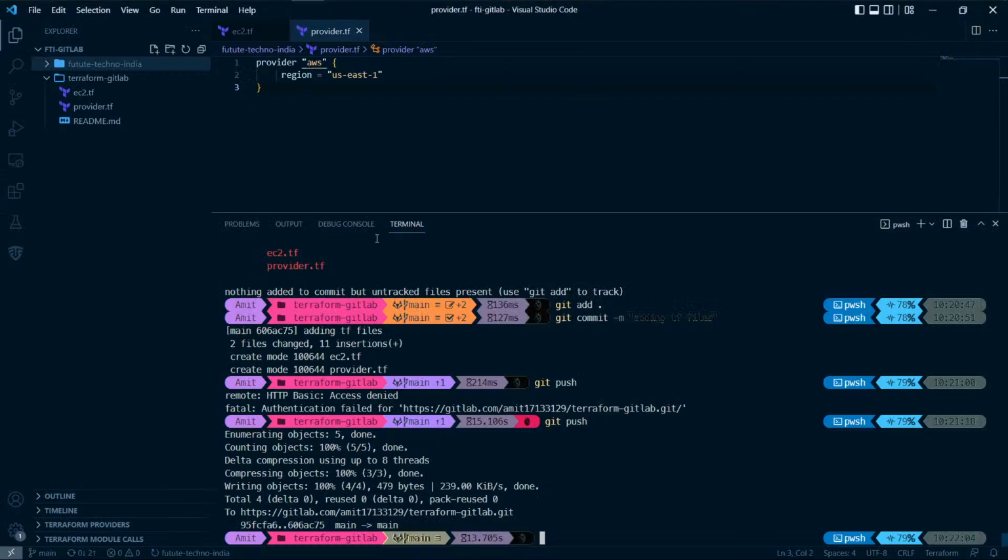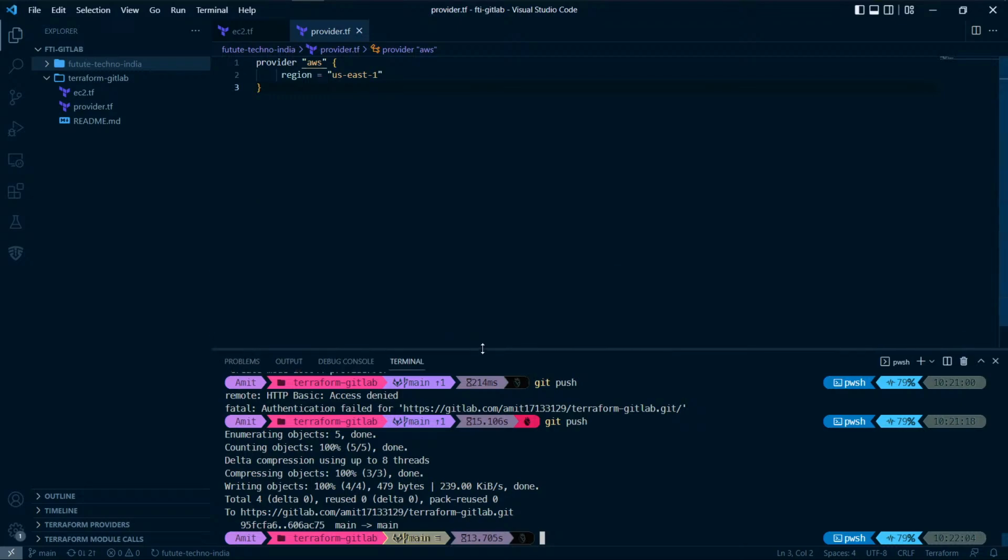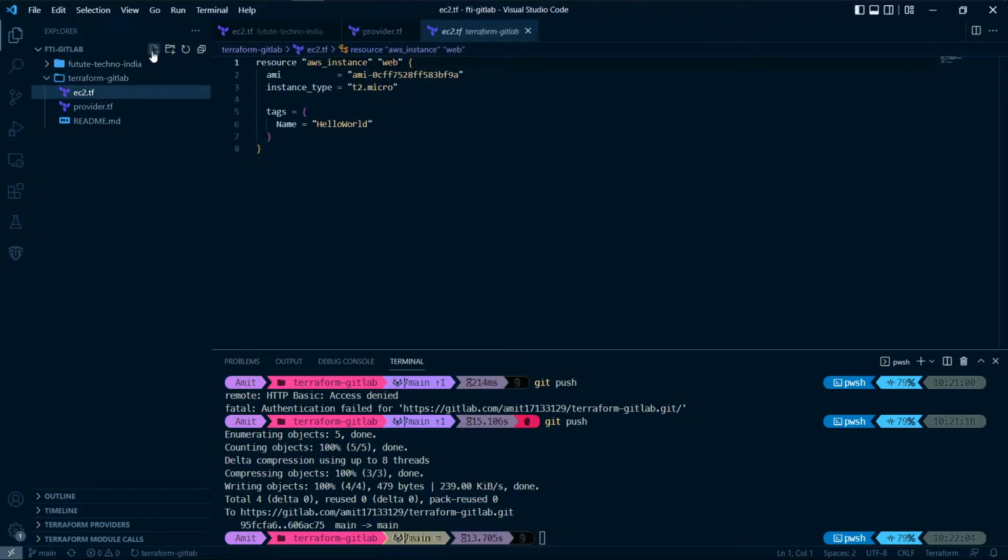Now what we'll do, we will try to create... this is your tf code of Terraform, but how will you instruct GitLab to run the pipeline, so it will be deploying all the code to your AWS account? So for that we have to create a YAML file, you can say, a pipeline file,